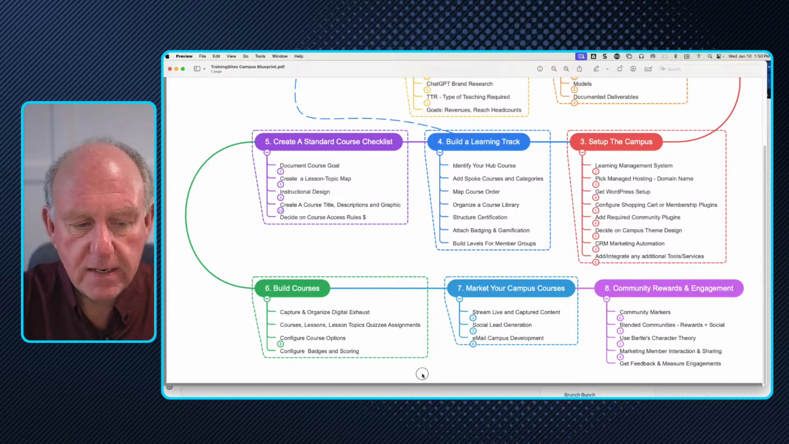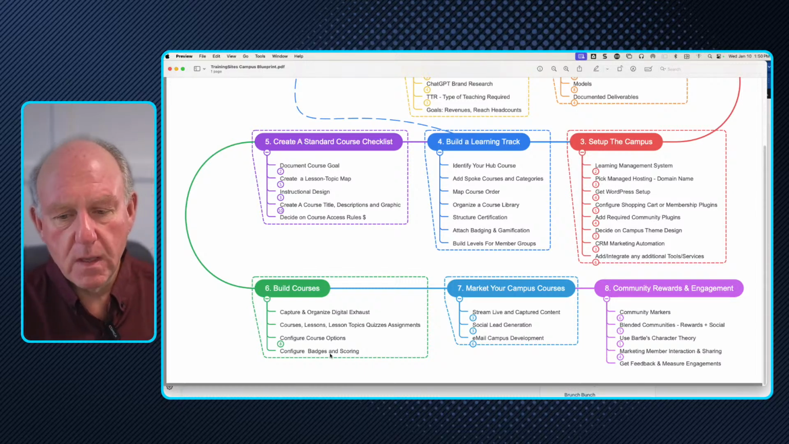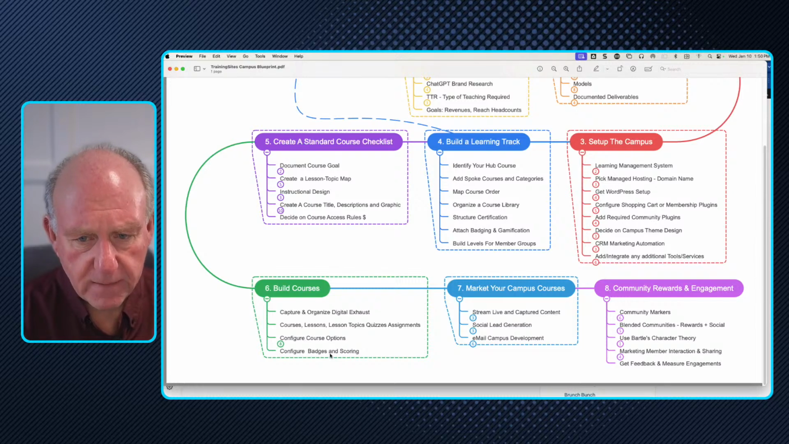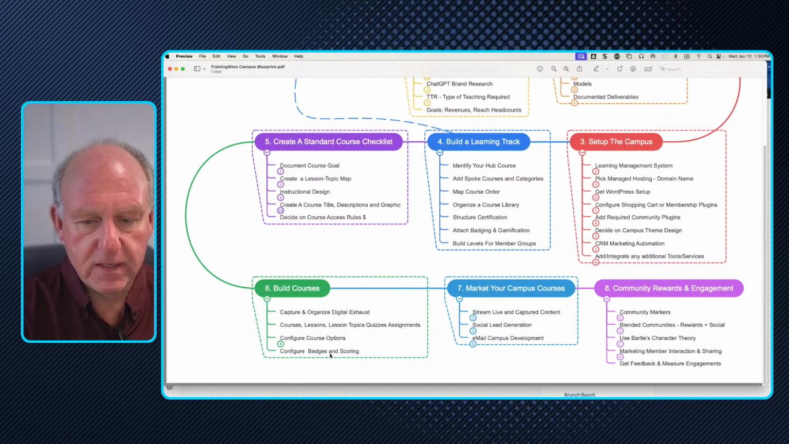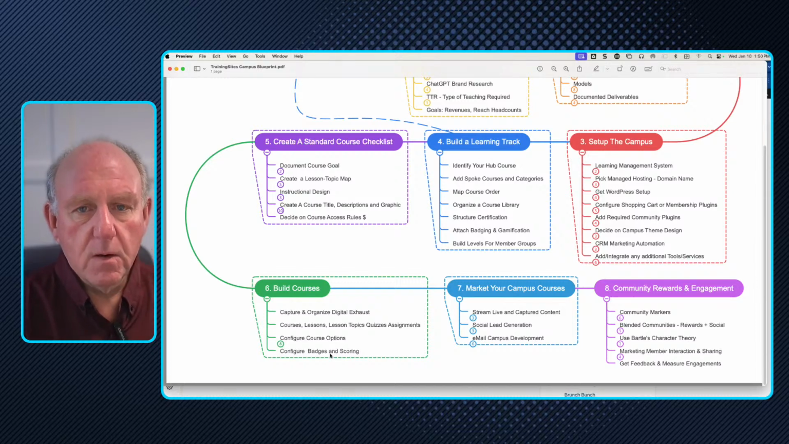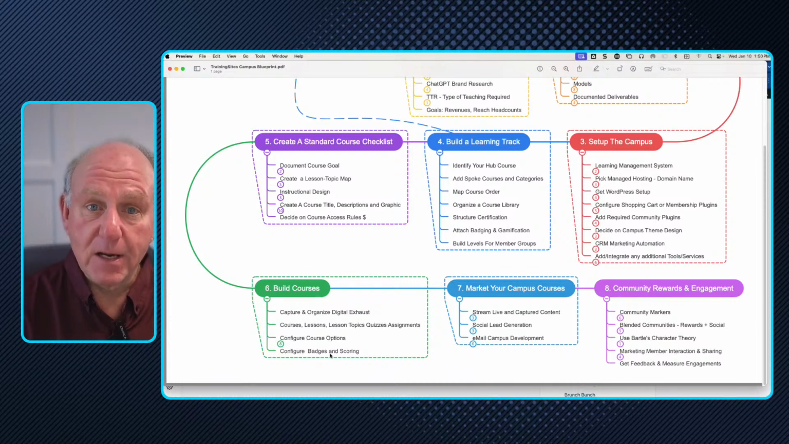The last one that's there is course options. The one underneath is configure badges and scoring. We haven't talked about gamification yet, and as much as I would like to have this in the community rewards and engagement, step 8, there is a whole section called gamification, which encourages engagement and completion of